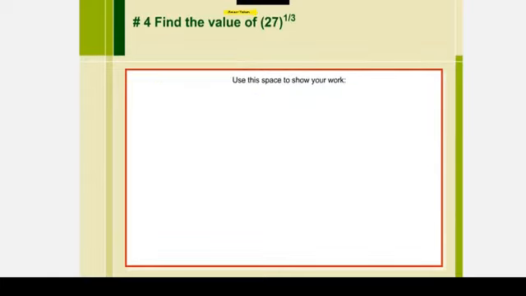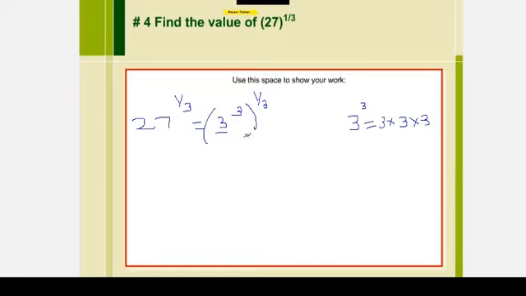Now in the same manner, 27. How will you write 27 as some power of 3? Some number, power of 3, should give you 27, the whole power 1 by 3. What do you think will be the answer, guys? Obviously 3 cubed, because we know that 3 3s are 9, 9 3s are 27. So 3 comes here. Let me erase the line. Now, if you cancel out the 3s, it will be only 1. Isn't it?